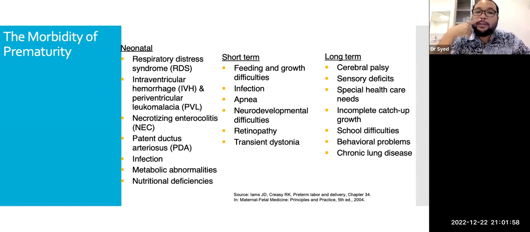Mulut dia, sucking. Kita ingat sucking ni is easy. Tapi in premature babies, sucking is difficult. Sucking reflex appears only around 35 weeks period of gestation. So before 35 weeks, babies usually dia tak pandai pun nak suck macam mana. Kan sucking is a reflex. Kita masuk benda, dia akan suck. Tapi in premature babies less than 35 weeks, dia tak pandai nak suck.